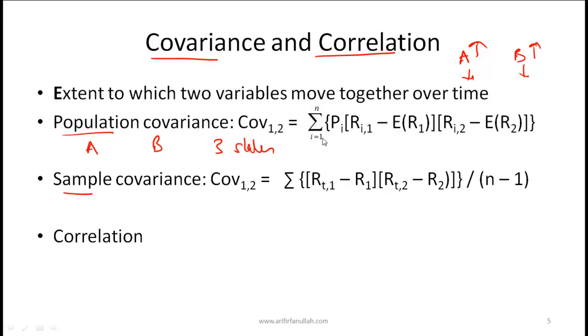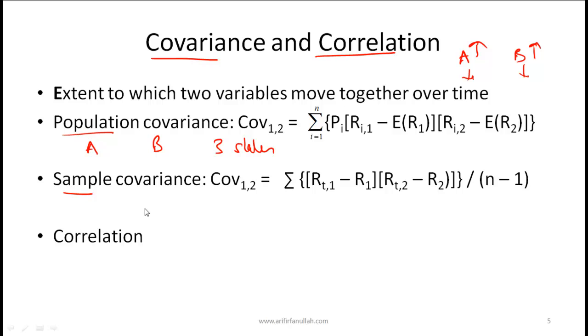So first we'll take state 1. This is the probability of state 1 first. The return in state 1 of stock 1 minus the expected return of stock 1 multiplied by the return in state 1 of stock 2 minus the overall expected return of stock 2, and then do the same when I is equal to 2, that's the second state of the economy, and then again do an I3, which is the third state of the economy, and add all three up. So that was a quick review. If you have trouble understanding this, go back to the quant lectures and you will see this in detail there